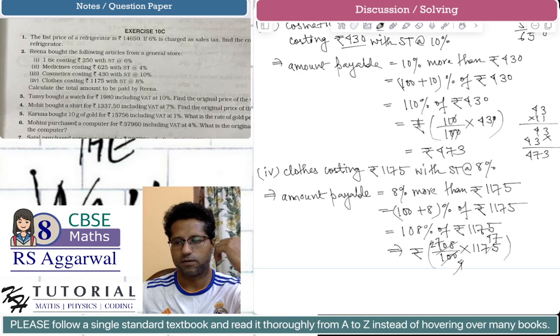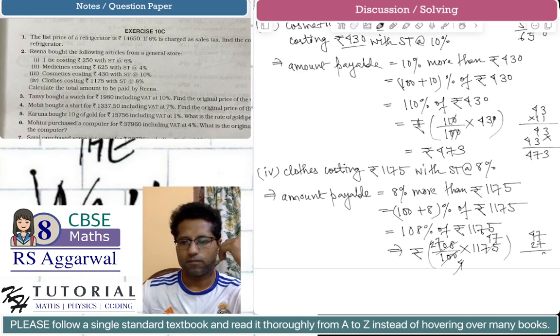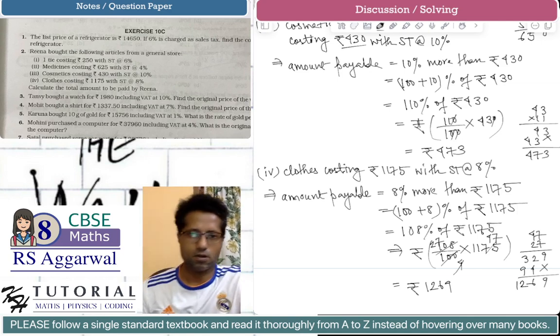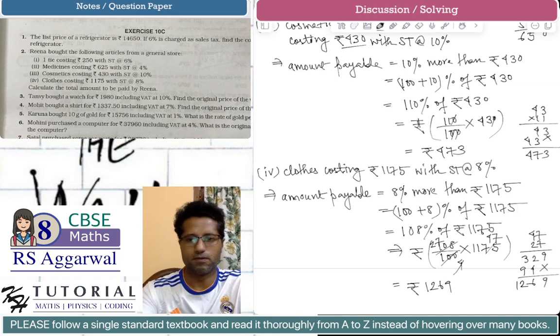So 47 into 27 is 1269. So this is equal to rupees 1269. So these are the amounts payable for all the items,